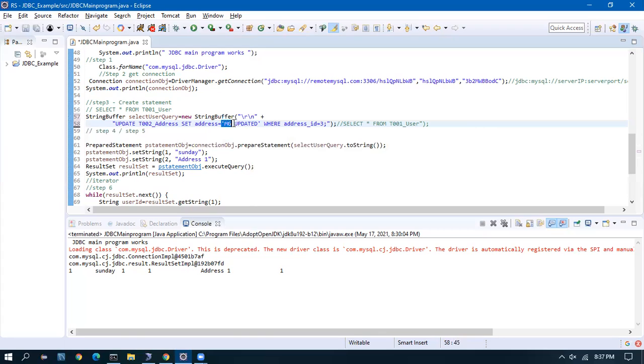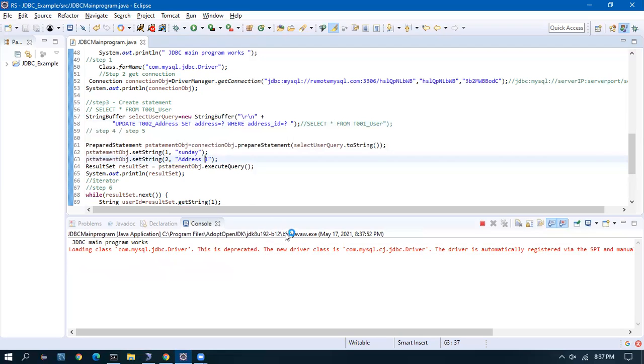The value which has to be updated, that is a question mark, and for which primary key we have to update, that's a question mark. So two question marks. We don't give a semicolon here. The first is going to be Sunday, which means the address will be updated now as Sunday. The second should be a primary key. Here I'm giving address ID. It is going to throw an error.